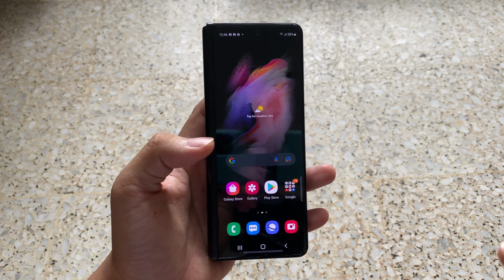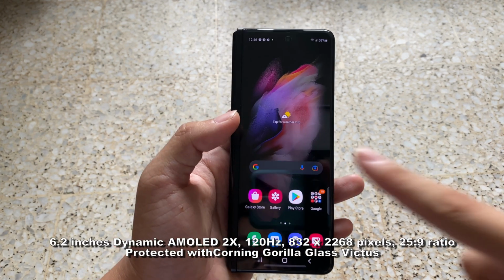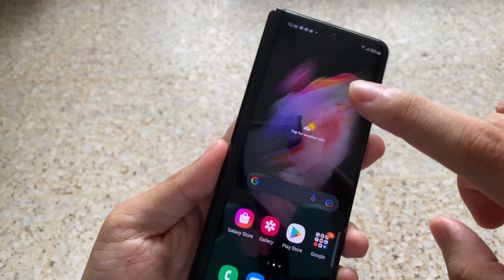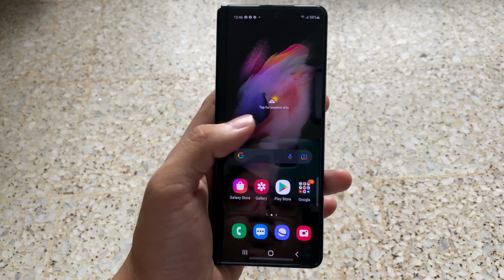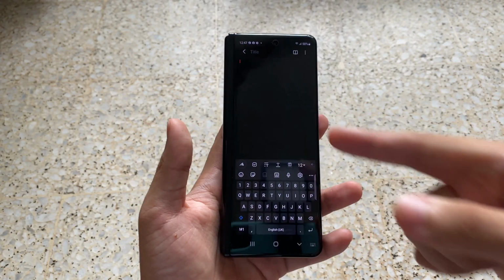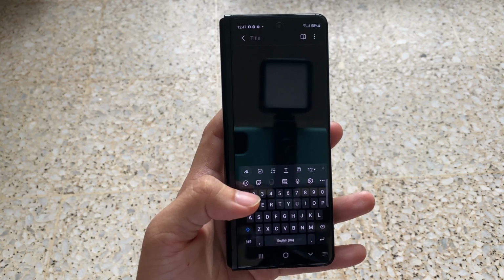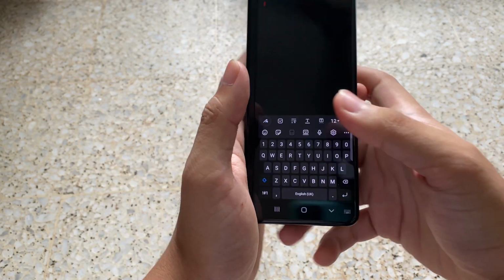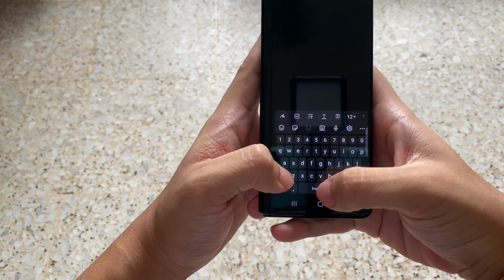Now jumping to the display of the Galaxy Z Fold3, starting off with the cover display. Out of the box, it has a screen protector and it has a 120Hz fast refresh rate. One thing you should take note of, I'm going to the Samsung Notes here. The typing experience on the cover display is a little bit narrow to some people, but it's still usable. Let me just type in here, Galaxy Z